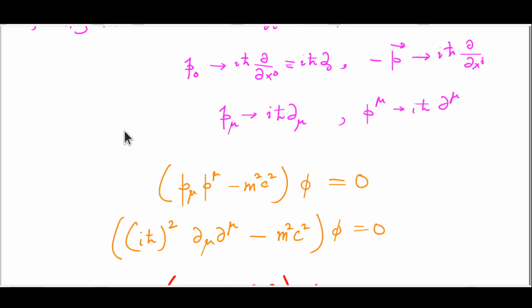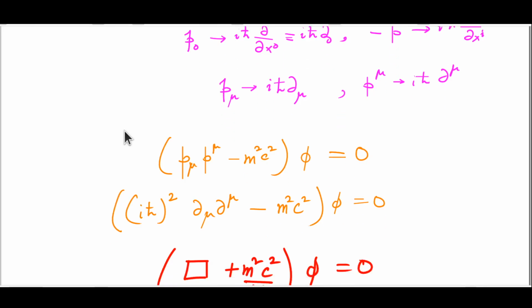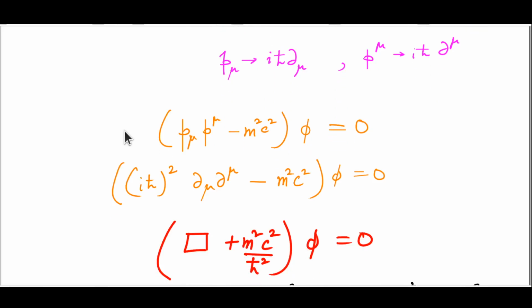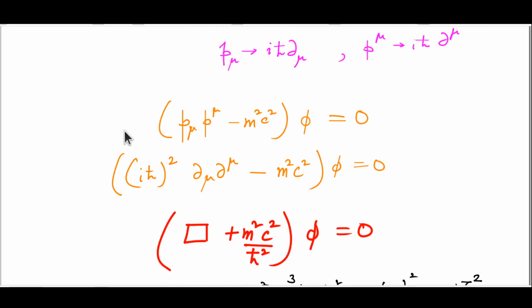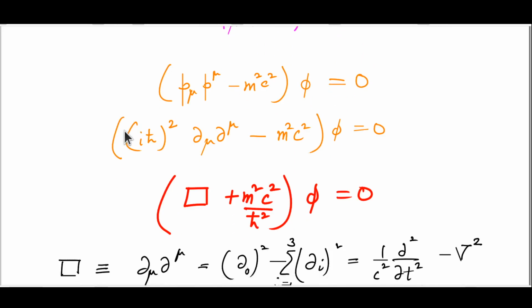Now going back to the energy momentum relation, which is P_mu P^mu minus m square c square equals 0, this can be converted into a quantum mechanical equation by making this act on phi, giving 0, and then replacing the P lower mu by i h cross del lower mu and P upper mu by i h cross del upper mu. And this gives us (i h cross) whole square del_mu del^mu minus m square c square acting on phi equals 0, and realizing that this del lower mu del upper mu operator is what we call